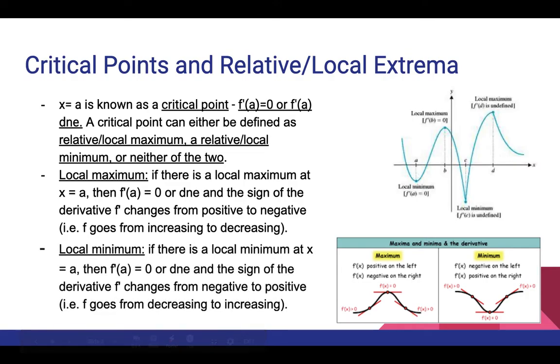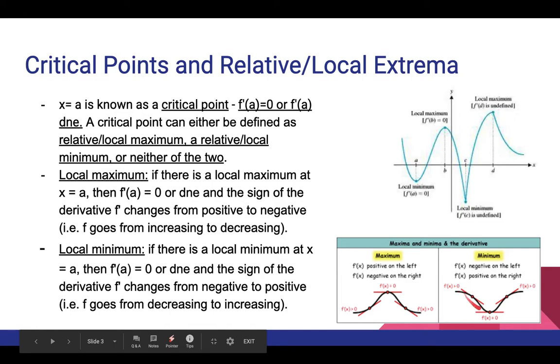Now on the flip side, a local minimum at x equals a signifies that either f prime of a equals 0 or does not exist, so we have a critical point there, and the sign of the derivative changes from negative, like we see happening right here, and then changes to positive. This right here says f prime of x is greater than 0. It should actually say less than 0, so that's a typo on the